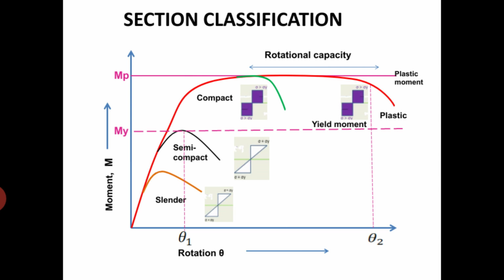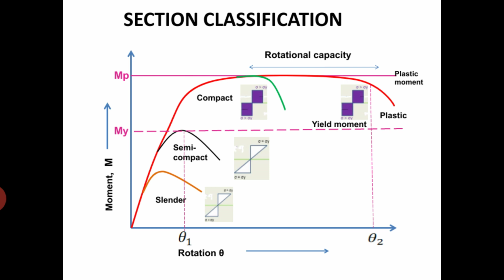But what about compact sections, or the class 2 sections? Just look at the green curve. What it represents: the cross sections which can develop the plastic moment resistance but have inadequate plastic hinge rotation. These sections will not form plastic hinges and will not fail by the formation of plastic hinges. They have inadequate plastic hinge rotation capacity for the formation of a plastic mechanism due to local buckling. They fail by local buckling before the formation of a plastic mechanism.